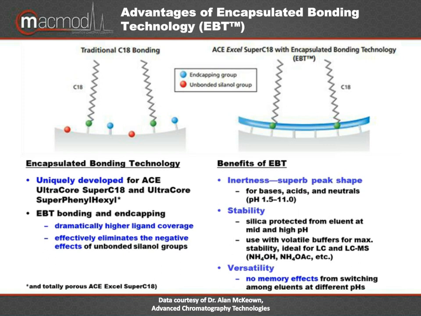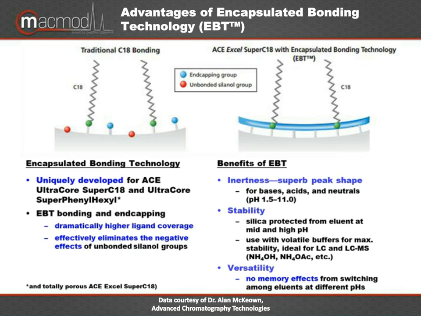You have actually an inert layer that is on the surface. It is not a polymer per se, but it's a proprietary layer that gives improved and superb peak shape for bases, acids, and neutrals over a broad pH range. And it gives dramatically higher ligand coverage and effectively eliminates silanol interaction. That excellent coverage also gives the column stability at mid and high pH,